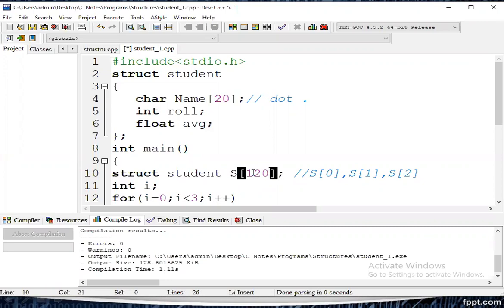We can write all the students' information and store it within the register. So the array of structure is one record of the class. Like that, we can conclude arrays of structure. That is the concept related to arrays of structure.